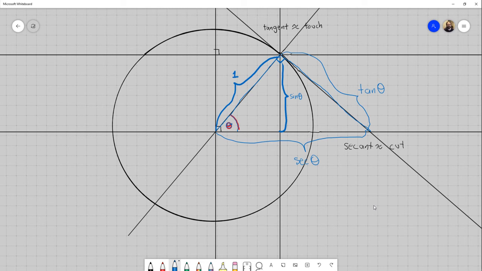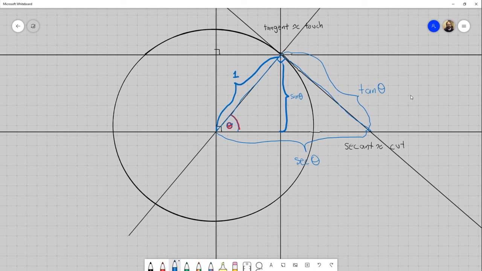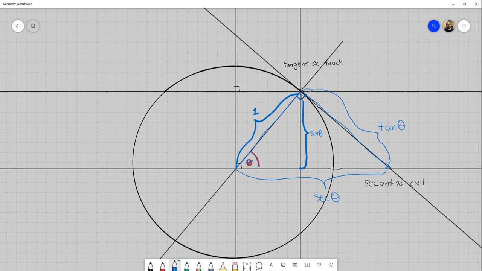Now, there are a few other lengths in this picture. If instead of looking at the length of the line, we look at the perpendicular that we drop from our point of tangency down to the original secant line, I'm going to draw this in red. This length right here